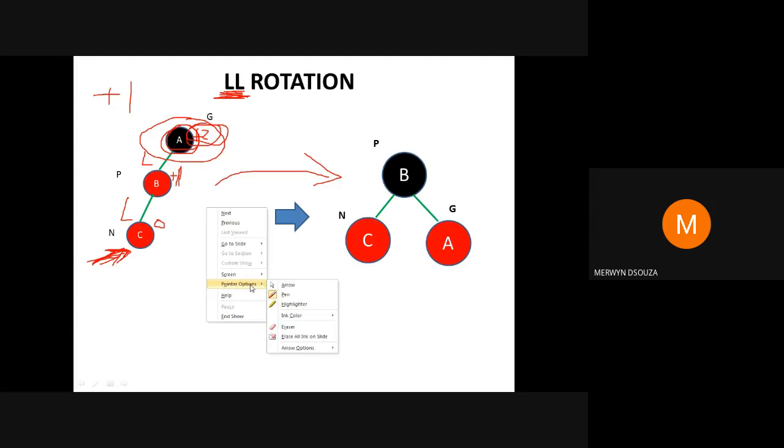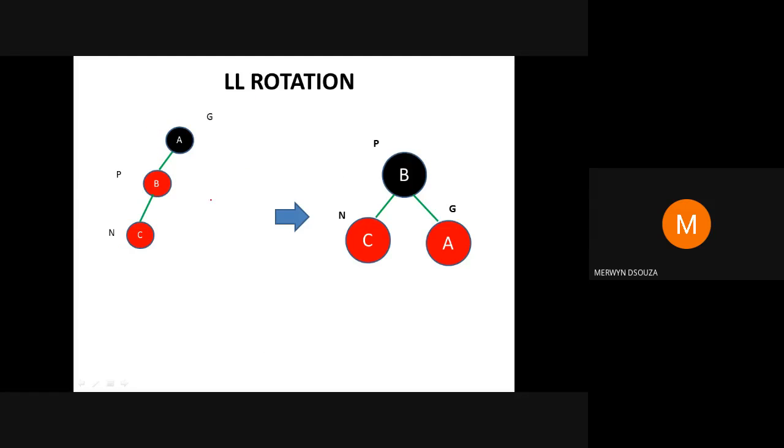Okay, so many of you will be thinking, what is all this that is happening? So it just makes sense. See, if this is a binary search tree, just say it's a binary search tree. Suppose this value is 20. On the left of 20, there will be some value which is less than it. Say it is 15. And since C is in the left of B, this value has to be less than 15. So say it is 10.